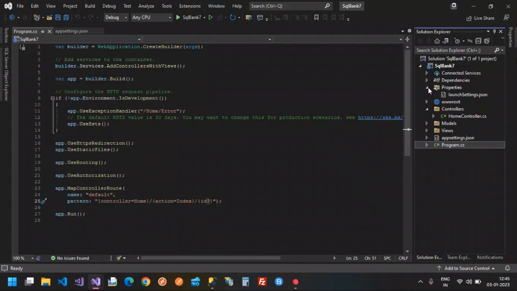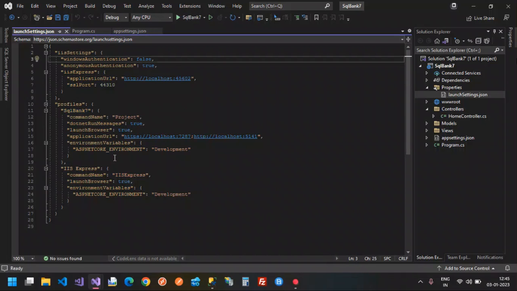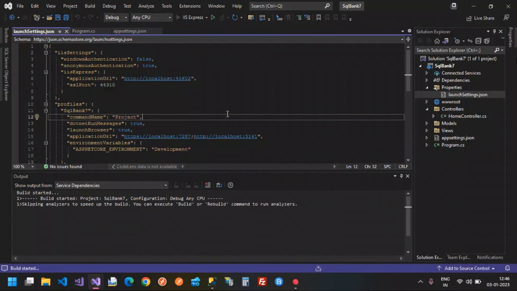There is also a launchSettings.json file. Here our profile name is SQL Bank 7, displayed here too. There are three profiles. The first one is the IIS settings profile. The second one is the normal one, used directly when we click this start button. And IIS Express is used from the command name IIS Express. Now you check here IIS Express. When we click here,